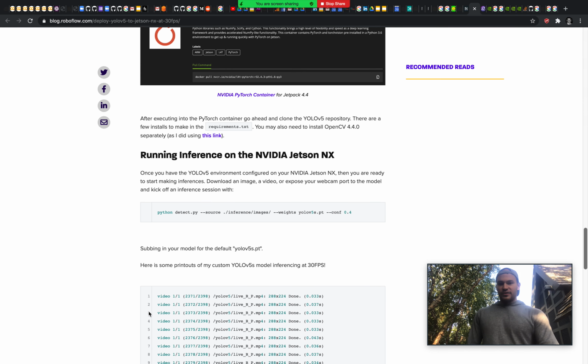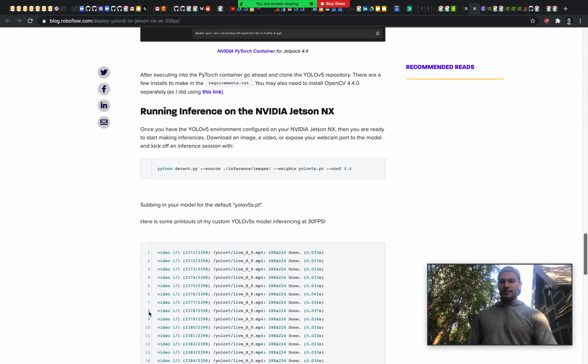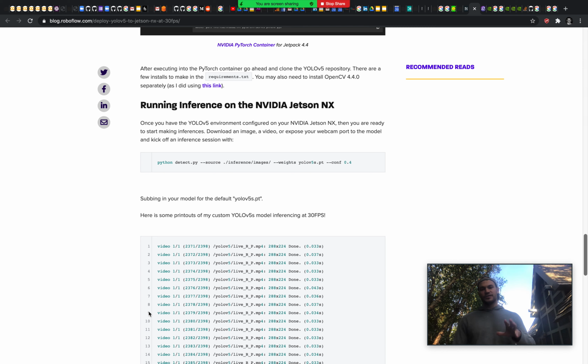So now here's a little bit of a peek into running inference on the Nvidia Jetson NX. So once you have all of those environment installs set up, you're going to be able to leverage the detect.py script to get an idea and get a sense that basically you've successfully started running inference on your Jetson NX. So here I have a little bit of code where you're invoking the Python detect.py script, and you're loading in your custom weights in place of the usual YOLOv5s weights. Once you have those custom weights in there, and then they're inferencing on video, images, or webcam, whatever you choose